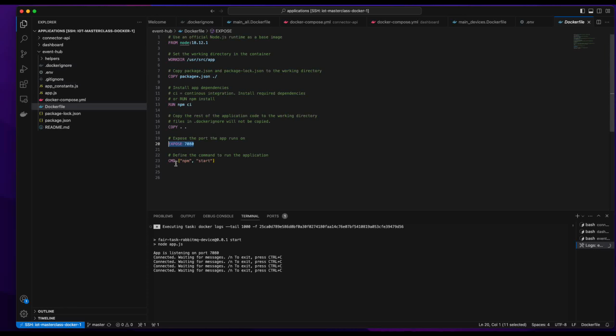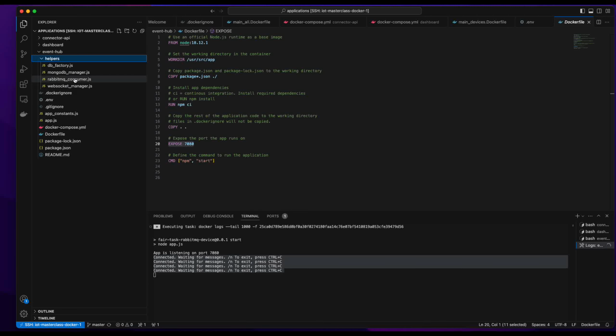And then start the application using npm start. Now, if you look here, there are four things here, right? So essentially, if you go into the code, let's go into the code. Let's see a little of what's happening in the event hub. Let's go to